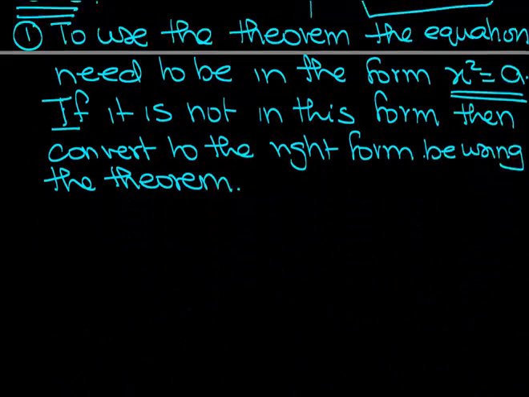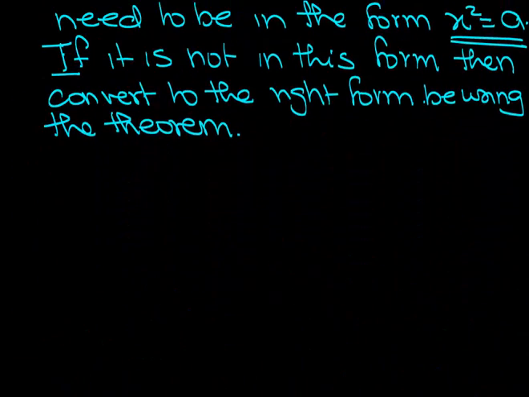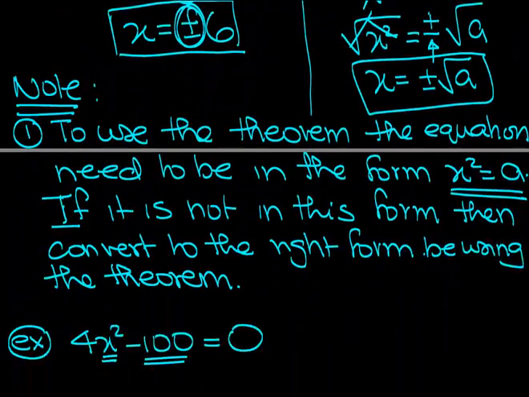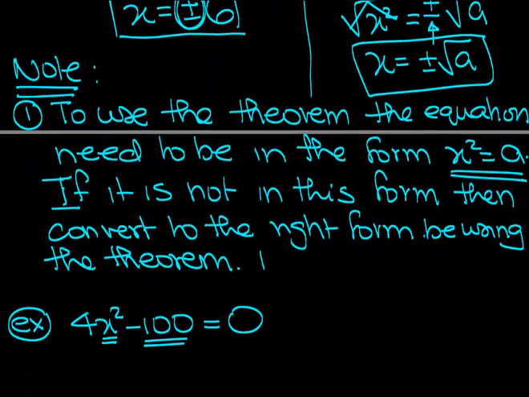Okay, alright, let's take a look at some examples of this theorem. So let me start with this. So let's say if I have 4x squared minus 100 is equal to 0. Now I can solve this problem by factoring, but if you recognize this form, I have a square and a number. I don't have an x variable, so basically we use this method when the b term in the quadratic equation